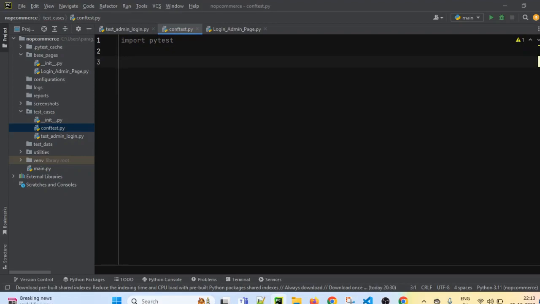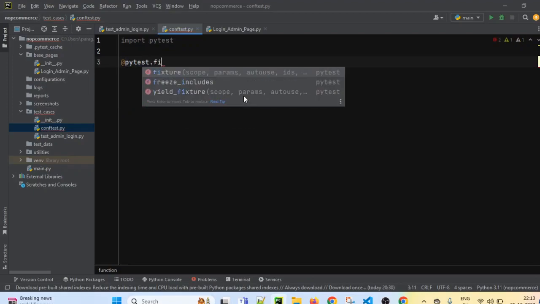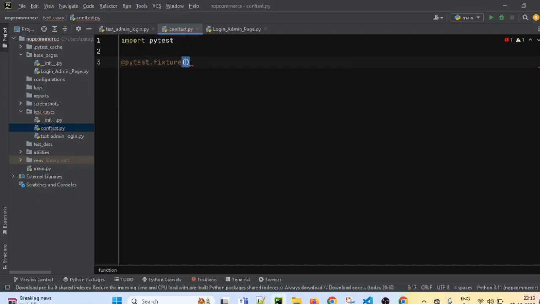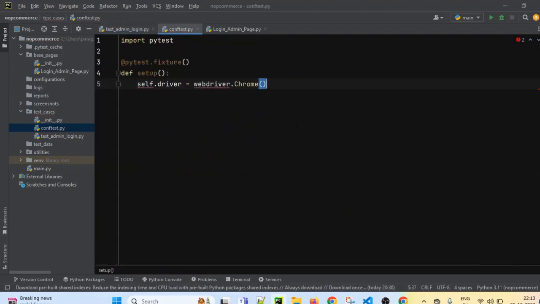How to create? @pytest.fixture. This is the pytest.fixture decorator, and I will create one method, let's say def setup. Inside this setup method, I will create the driver instance.